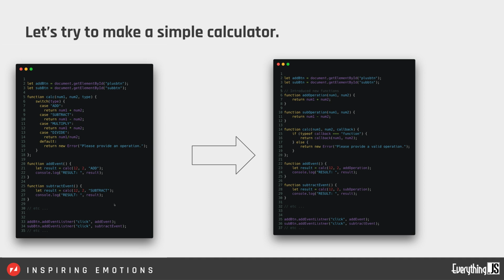So now we have changed the cal function a little bit. Let's move to line number 22. When someone clicks on the add button, this function will be called, and in there we can pass the operation function as a callback function, because the cal function now accepts a function as a callback. Whenever it gets that function, it calls that specific function, does the operation and returns the value. And here we have checked whether the callback parameter is a function or not, because it's very important when we develop callbacks,